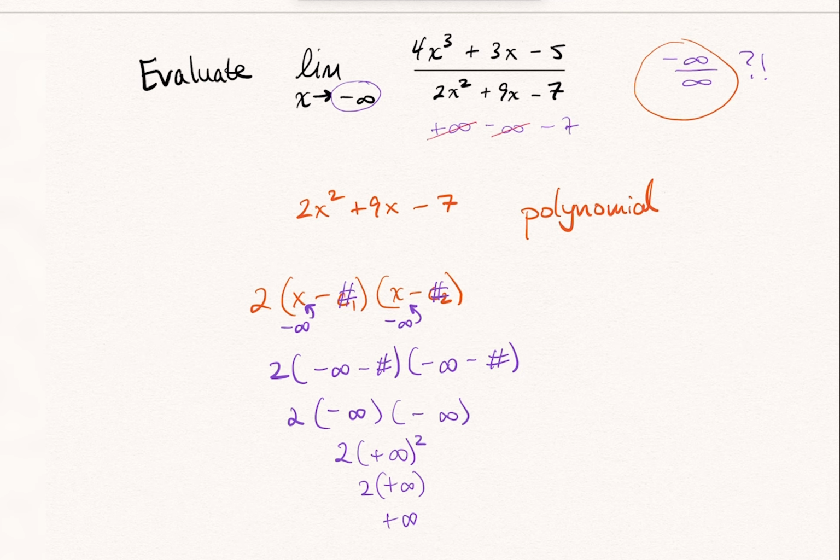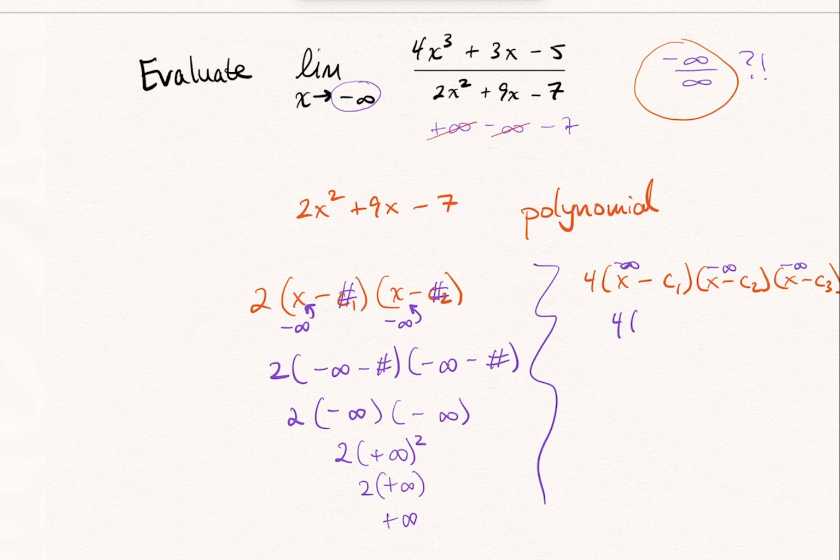Same thing happens with the cube that's in the numerator. In principle, we should see something like this, without knowing what the c1, c2, and c3 are. Once we plug in the negative infinity, you can see here that we get 4 times negative infinity cubed, which is negative infinity. So that explains the numerator and the denominator somewhat intuitively,